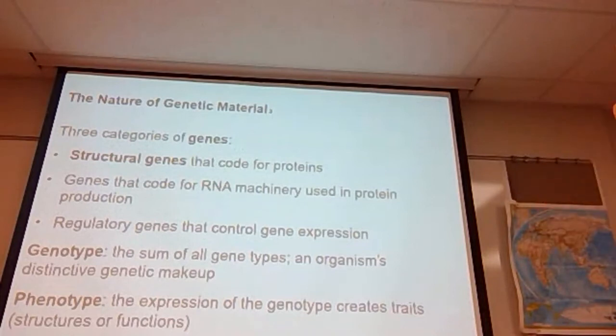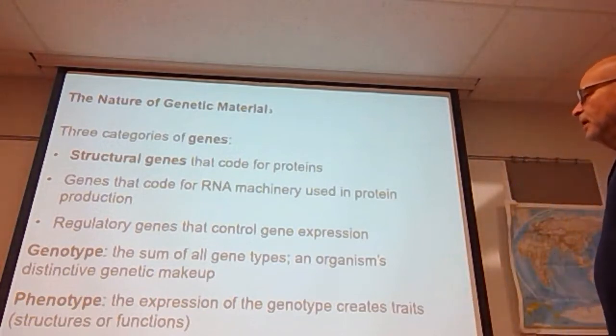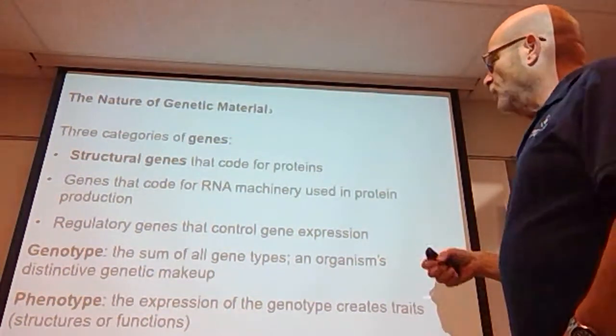There are 3 different categories of genes. There are structural genes. Those are the genes that code for proteins. These genes produce the RNA machinery used in protein production. So it's the gene that is responsible for making that messenger RNA that eventually becomes a protein. Regulatory genes